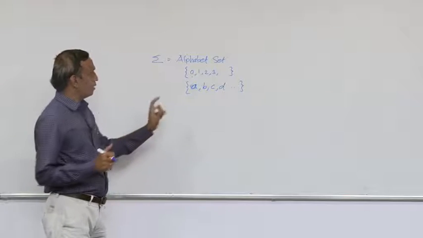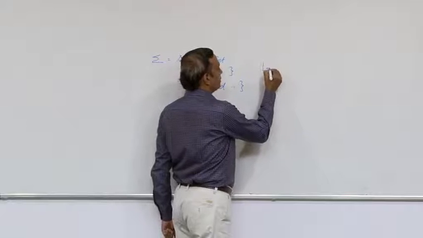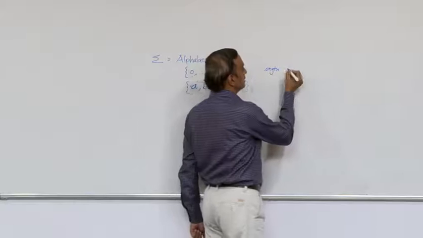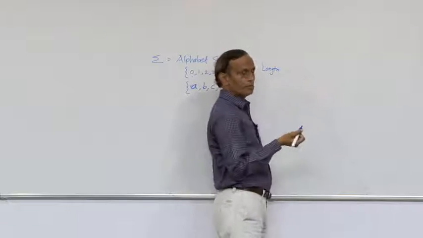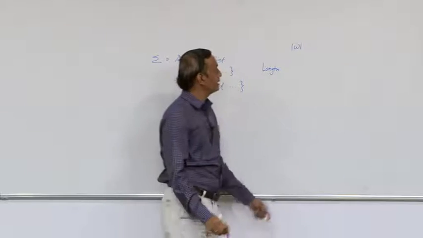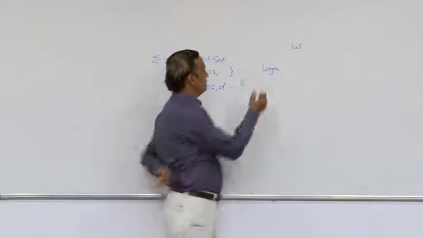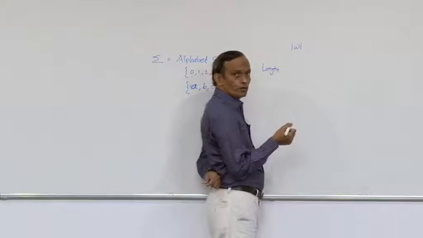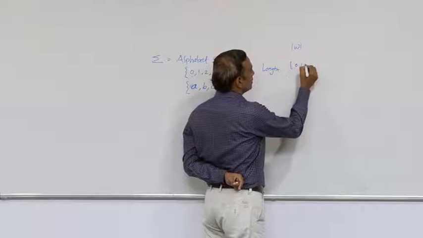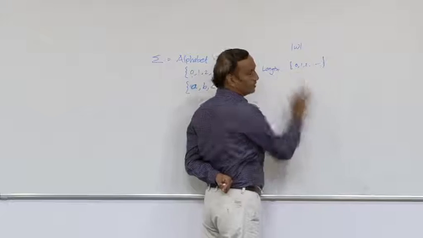If I have to apply some operation onto them, let me apply an operation called length. This length operation, which we generally represent with, say, mod. When I say mod W, I might be talking about the length of W. Okay, so let us try to define this. Whenever we are talking about the length operation, this length may start with values as 0, 1, 2, and so on. Now if I have to represent that as a set.